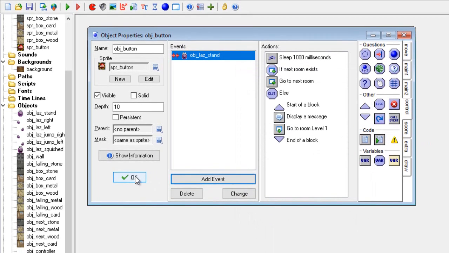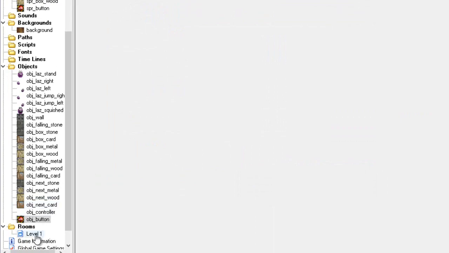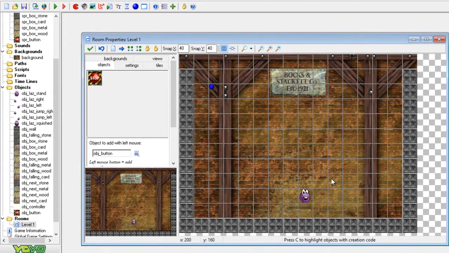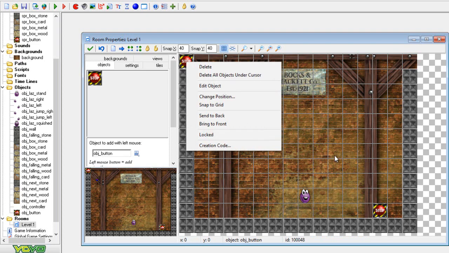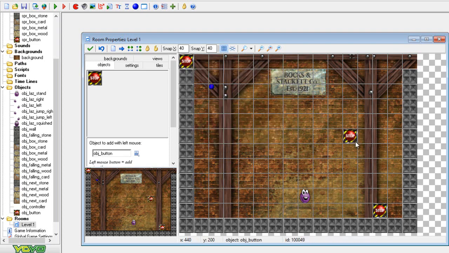So then we have this object button. We hit OK. We want to go into our room, and we want to put our object button somewhere. I'm going to put it right there. But you would want to put it somewhere like way up here, so that you have to work your way up, or you could just put it in the middle of the room. Any one of these places is fine. And then if we collide with any one of these boxes, then you go to the next room or the next level. We don't have a next room, so